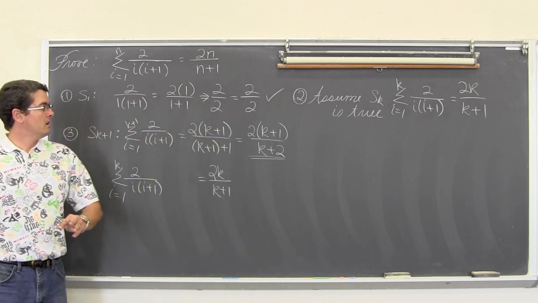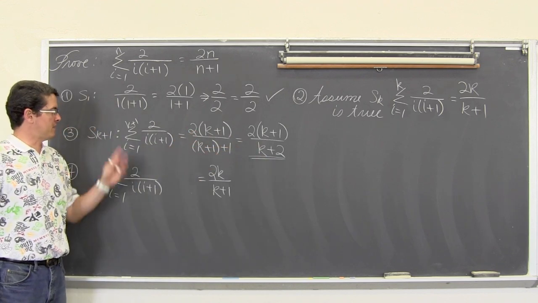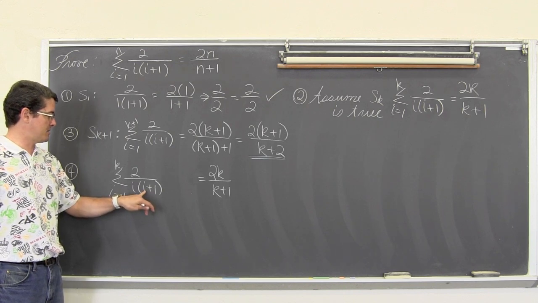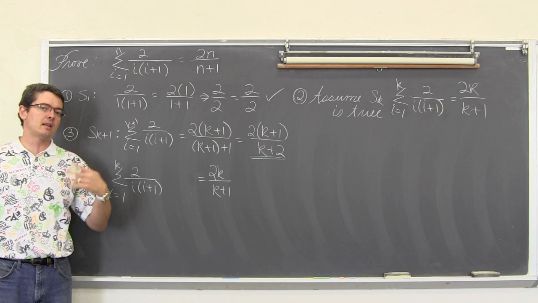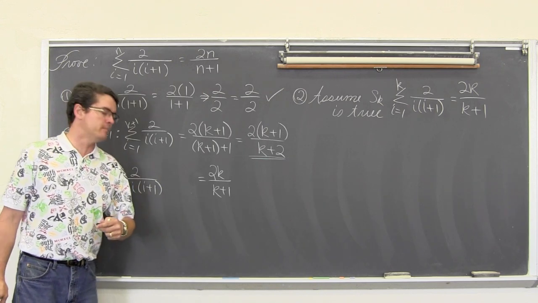Okay, now, I know what the end of my proof should look like by the fact that I forced in the k plus 1 into our original equation. Now I'm going to go to this. If I take the k and plug it into this expression, I would get my S sub k term, my last term in the sequence. I want to add the S sub k plus 1 term to both sides.